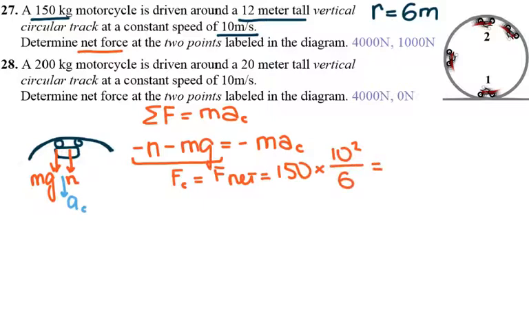So what we have is 15,000 divided by, instead of 6, I'm going to write 3 and 2. So what I have here is 15 divided by 3 is 5, and 1,000 divided by 2 is 500, and 5 times 500 is 2,500